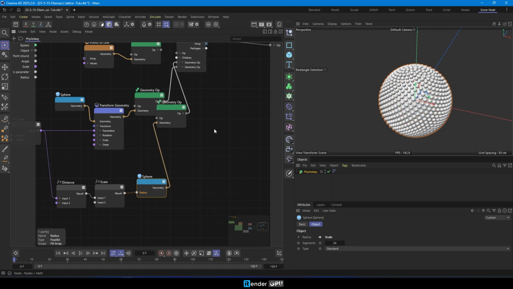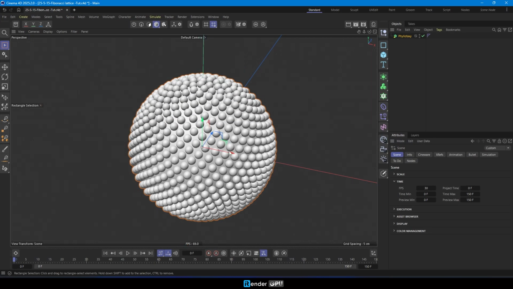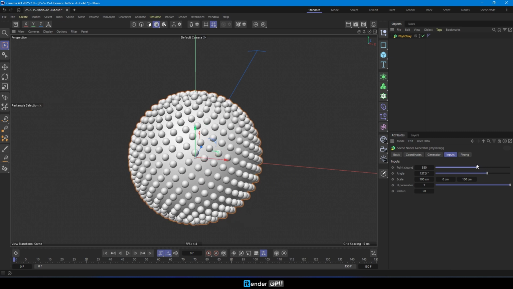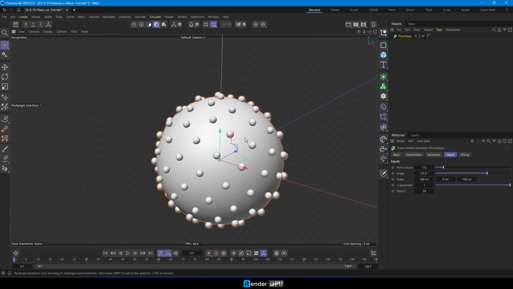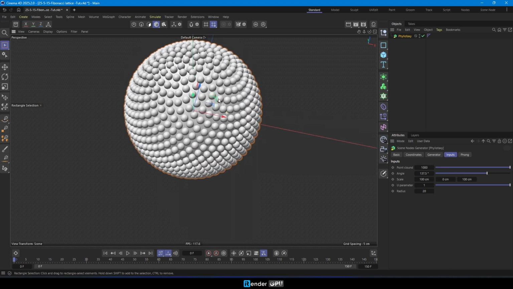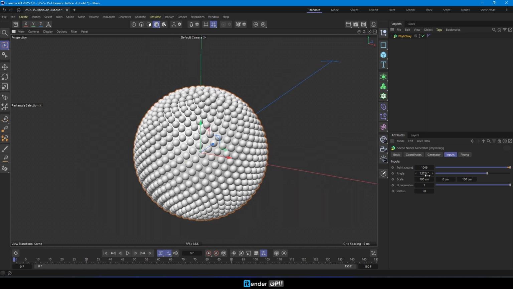We have seeds attached to the sphere. Don't forget to adjust the parameters to check.